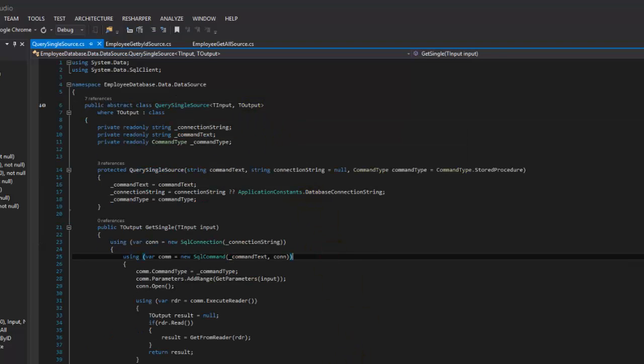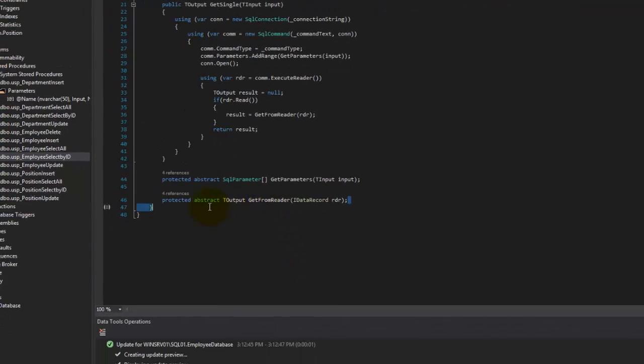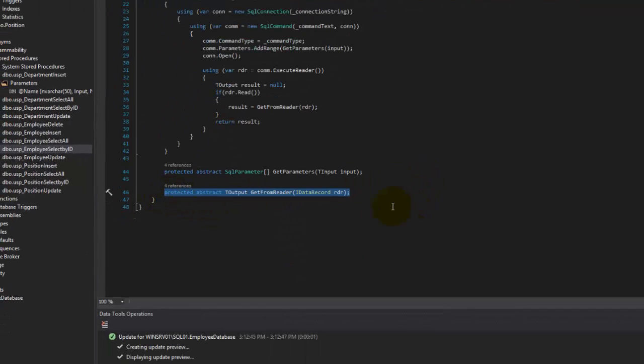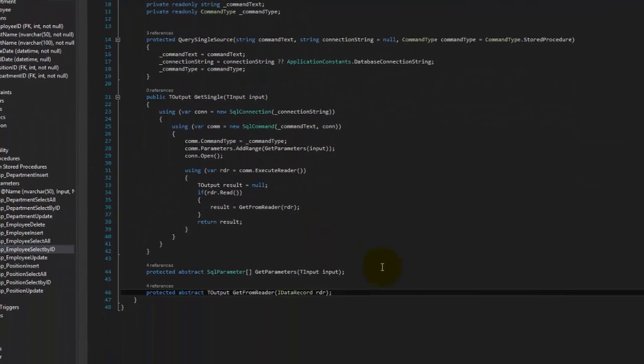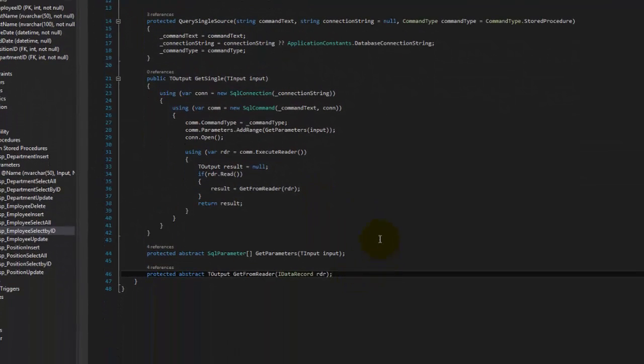And one of the things that we said is, hey, this get from reader method is required, right? It's abstract, so it requires you to override and implement your own get from reader. So if we look over here, we do have our override. That's exactly what we did. So we have an option. We have a number of options, but the one that I'm thinking is we can either create a property that has this instruction in here, or we could